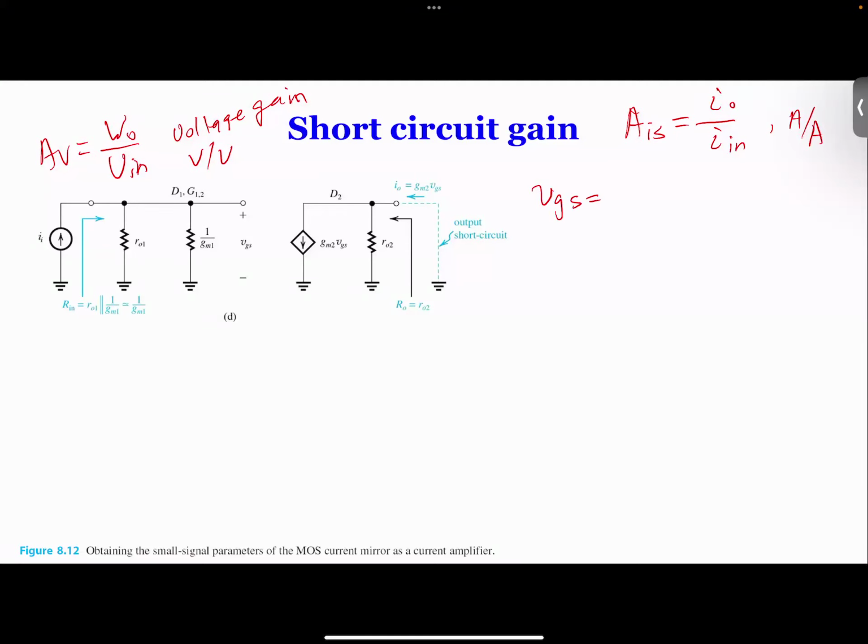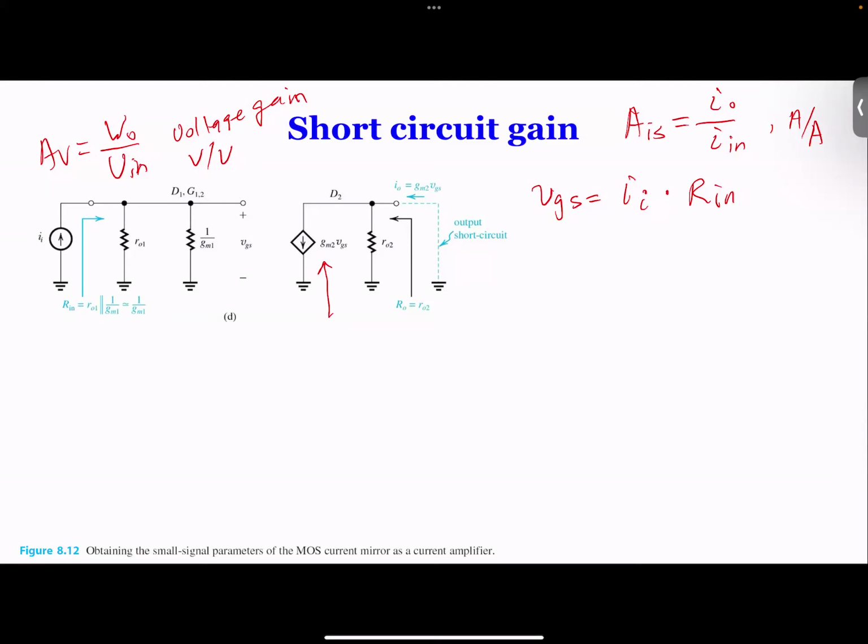VGS is going to be II times that input resistance, which we already showed in the previous slide, which also show here is RO1 in parallel with 1 over GM1. So it's VGS. So now we know that, so from VGS, we can get the current over here. And since we short the output,